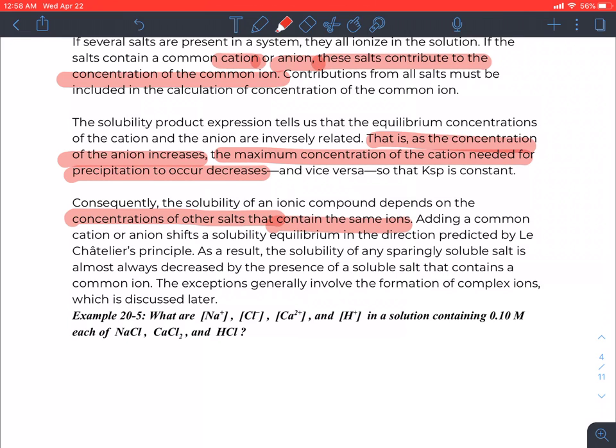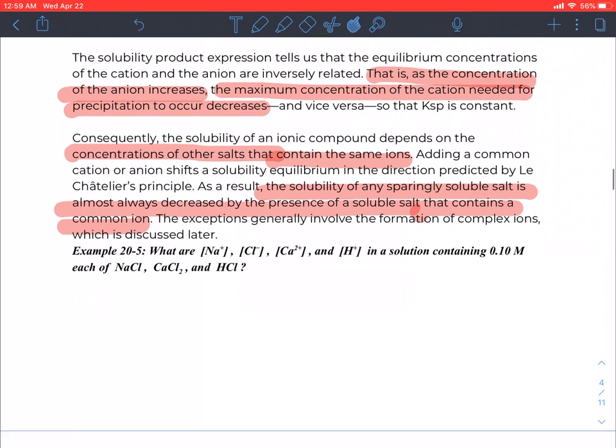Adding a common cation or anion shifts a solubility equilibrium in the direction predicted by Le Chatelier's principle. As a result, the solubility of any sparingly soluble salt is almost always decreased by the presence of a soluble salt that contains a common ion. Now we're going to do example 20.5 on the next video. After you see this,